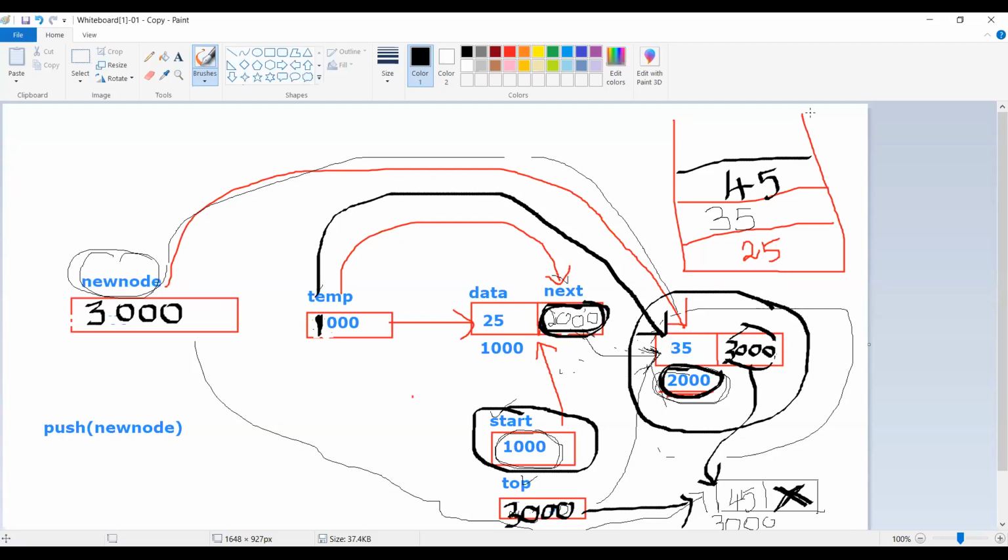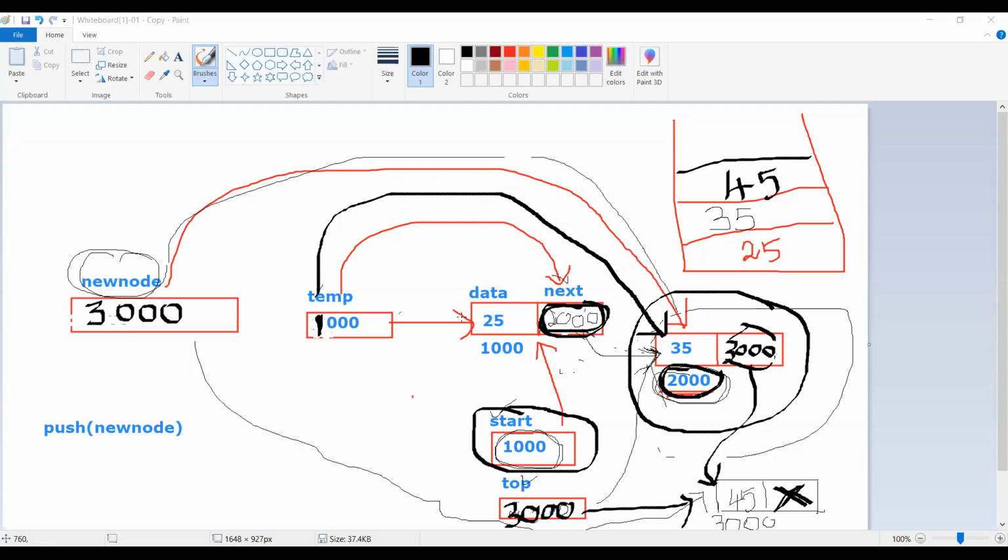Temp, yes, very good. Not temp equal to next, but temp equal to temp next. Okay, let me write in another notepad also. Can you follow? Yes, temp equal to temp next. You cannot simply put next, you cannot access the next at all. It is a pointer variable in the structure data type. So I will use temp equal to temp next.